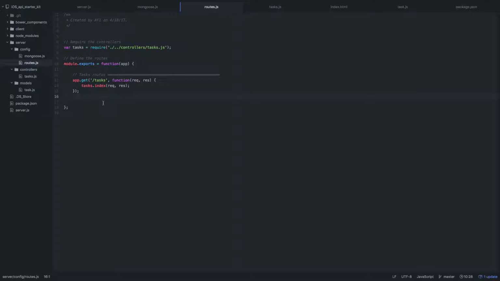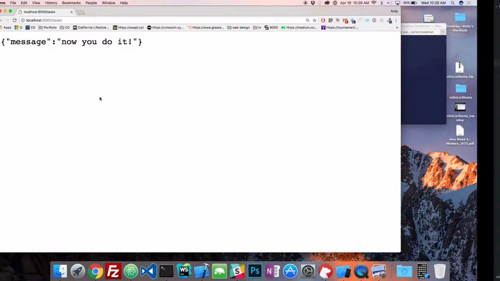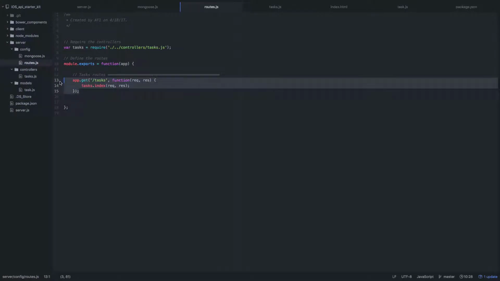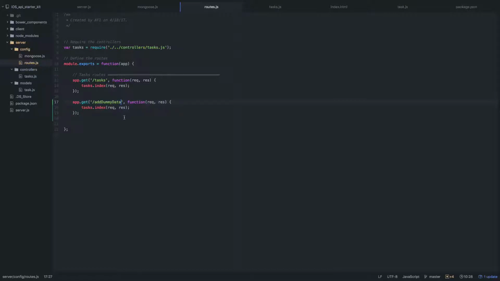So I wanted to show you guys how to build some dummy data so that when you cook it up, you can see that it's working on your app, right? So you get some JSON data back. The way we're going to do that, really easily, is we can make a new route. Let's make a new route, and we're just going to say this is add data, or add dummy data, like that. Okay, and then we're going to say tasks. We're going to run the method called add,